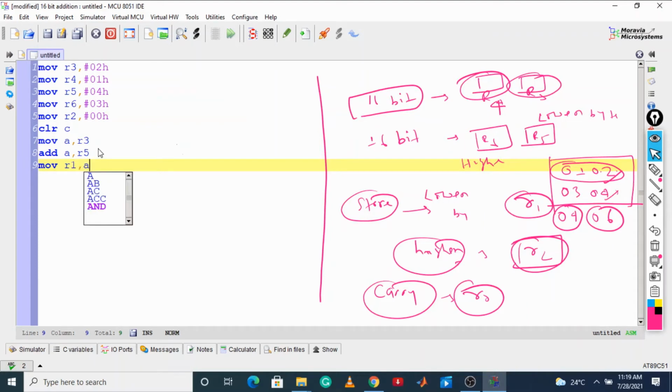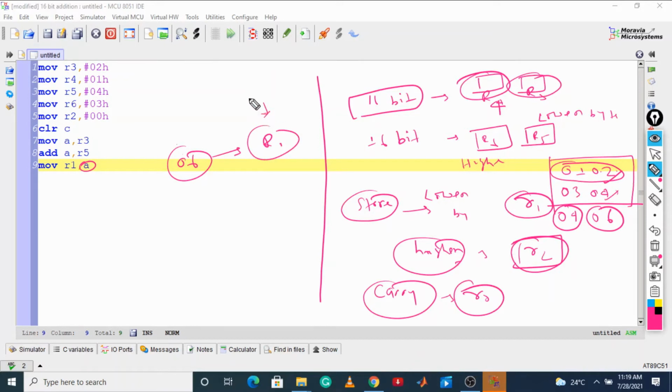Yes. Now with this command, see what we have done. The accumulator was 06, and 06 has been moved to R1. This lower byte data will be held in R1.